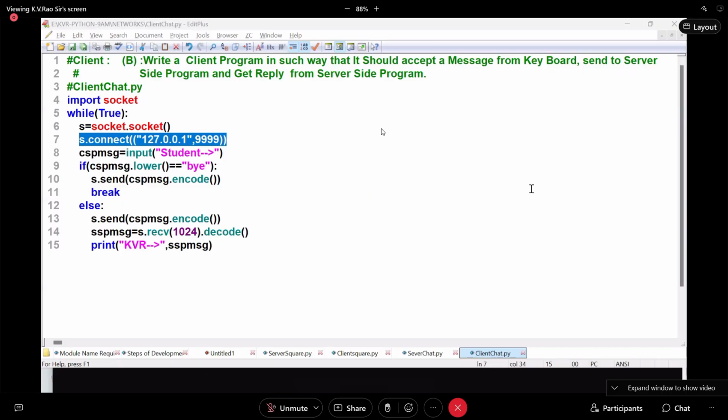Rakesh, JavaScript is used for client side scripting. We use client side scripting. VB script also we can use, but JavaScript